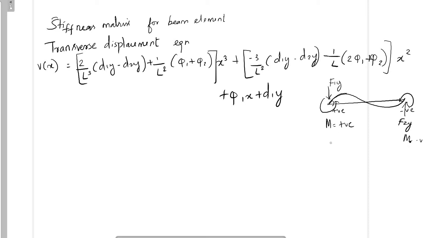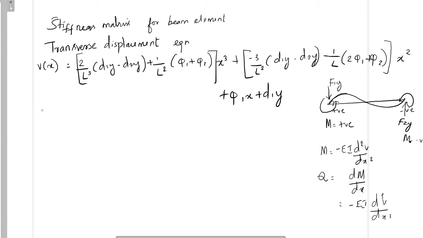Basically, we need to know the moment curvature equation. M is equal to minus EI d squared V by dx squared. From this we can find the shear force, that is dM by dx is also minus EI d cubed V by dx cubed. So minus EI d squared V by dx squared, the shear force nodal force value minus EI d cubed V by dx cubed. So from this component only we are going to assemble the stiffness matrix.